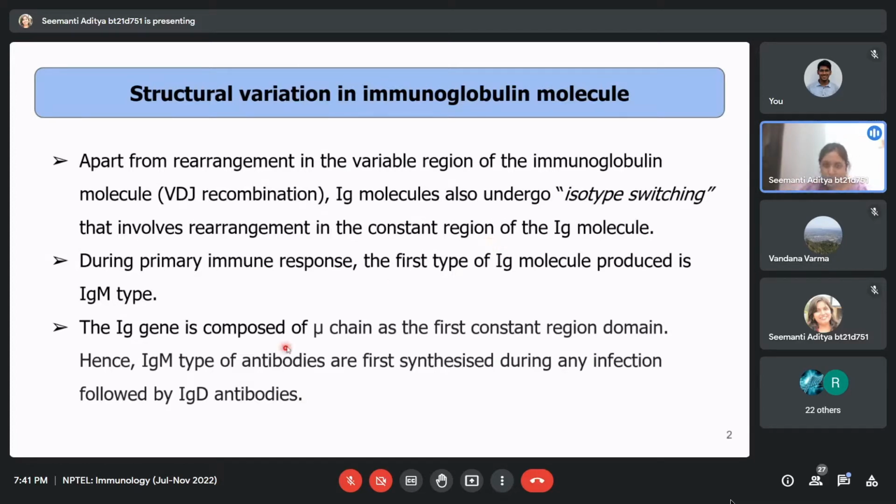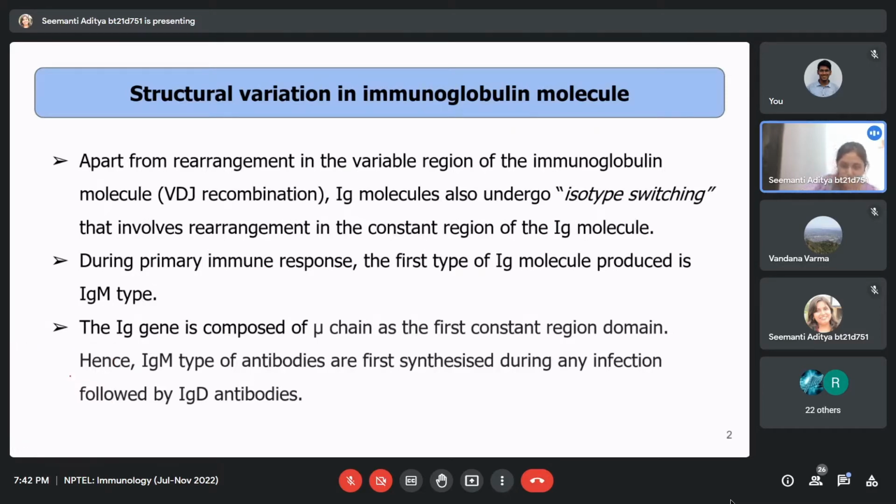During primary immune response, the first type of immunoglobulin molecule that is produced is IgM type, because during the gene rearrangement, the first chain that is present just after the VDJ segment is the mu chain, and mu chain corresponds to the IgM type of antibodies. So the Ig gene is composed of mu chain as the first constant region segment, and so IgM type of antibodies are first synthesized during any kind of infection, followed by IgD type of antibodies, because mu chain is followed by your